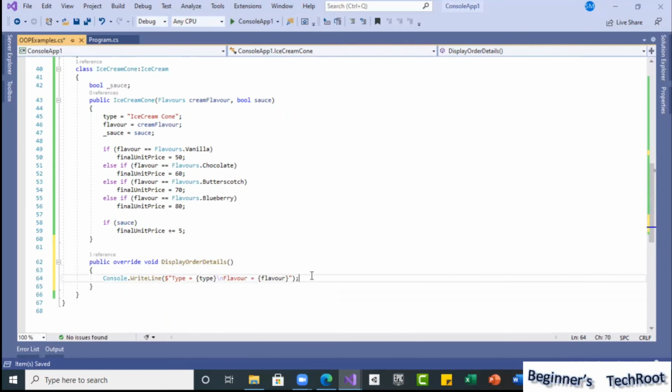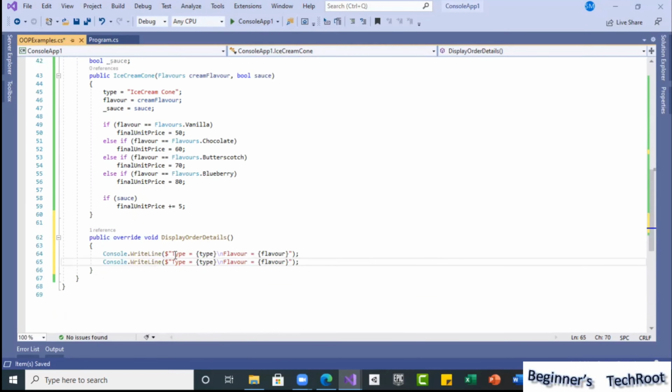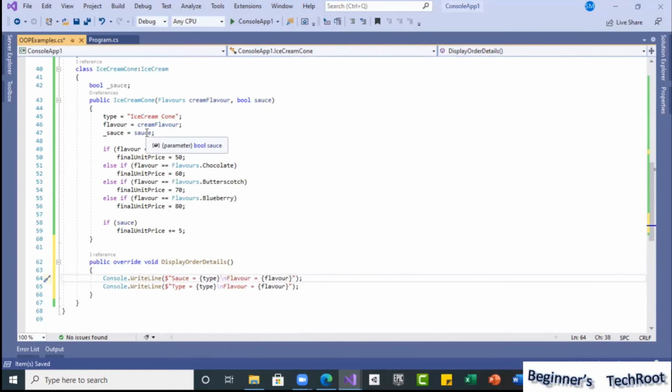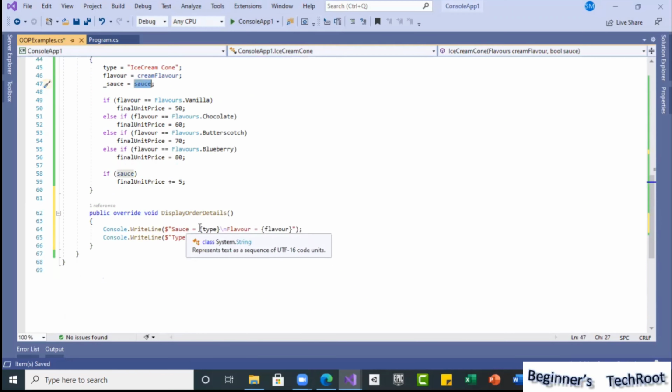So now in this override, what can I do? These details we have already. So I am going to add some more details. We can write like this. Once again, the type we can write in this method, as well as the additional details, like in this choice, whatever it is. So sauce, whether they selected sauce or not, additionally. In this, if you see, sauce is the only additional field. So if I take sauce, whether the sauce is applied or not. For this, I will do it in a different way. I don't use a dollar.